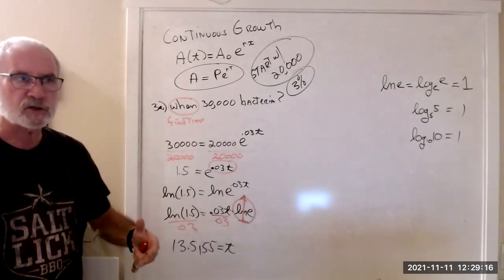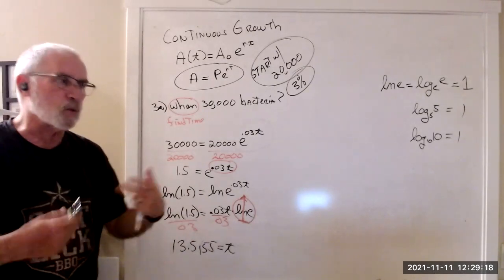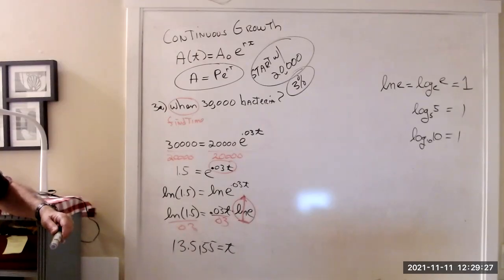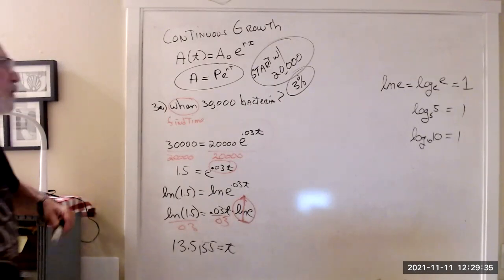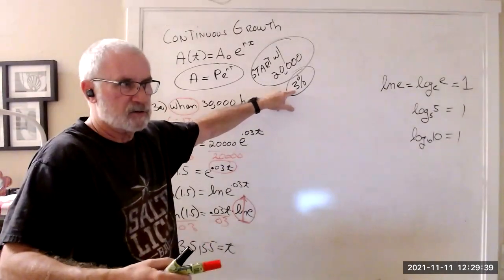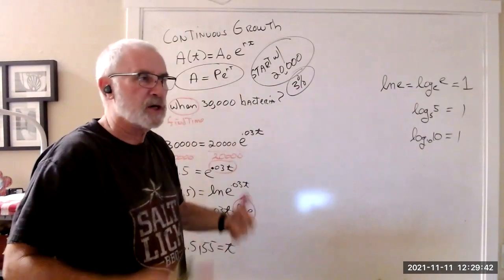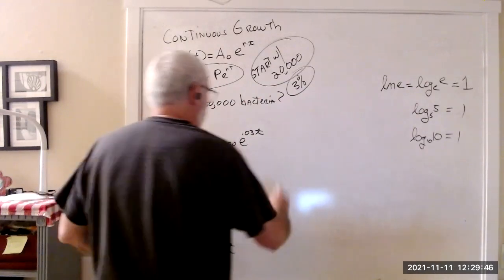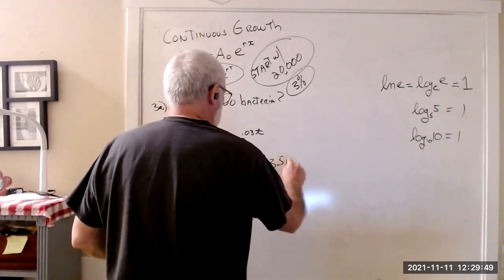Are these years? Are these days? What are they? Isn't it minutes? Minutes. That's the key, is you have to go back and read the problem, and it mentioned minutes. These little suckers grow at 3% per minute. So that's your unit of time. Minutes is time. So in 13.5 minutes,